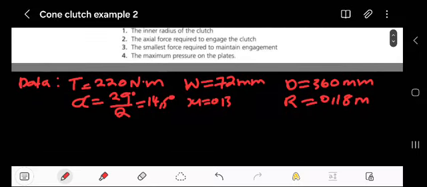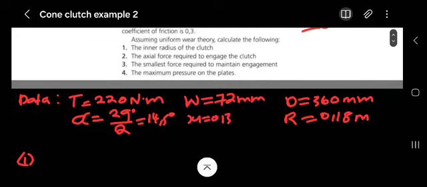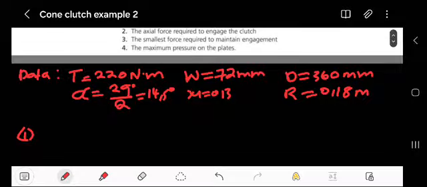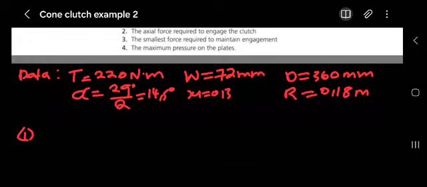So question 1, they said we should calculate the inner radius, which is r. We want that. How can we find that? According to what we have given here, remember, we have the width now. If you are given the width, remember this is a cone clutch. We're supposed to